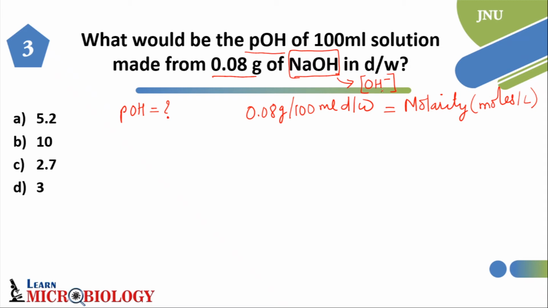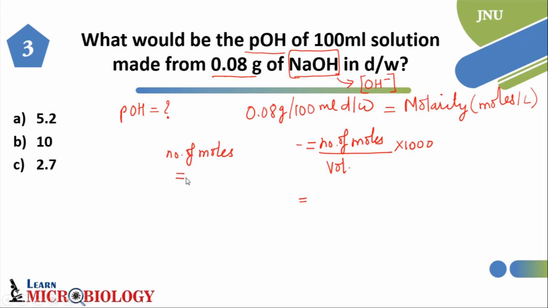Now to solve this question, you need to know the formula of molarity. So what is the formula to find out molarity? Number of moles of NaOH divided by volume of the distilled water multiplied by 1000, right? So how to find out number of moles? Number of moles will be equal to, so I'll just write it here. This is everything done in 12th standard, we are just doing the revision. It will be the weight of solute, and the solute here is NaOH, divided by its molecular weight. So we should know the molecular weight of NaOH here, right? So how to find out molecular weight of NaOH?